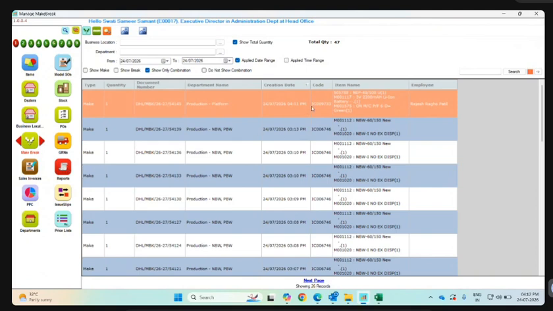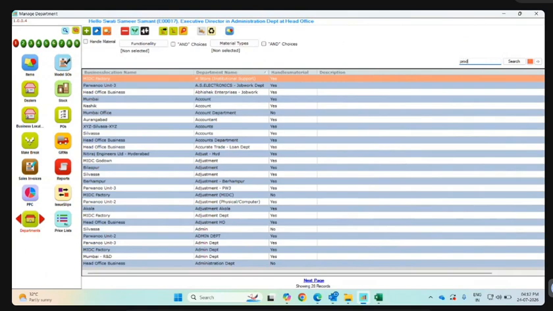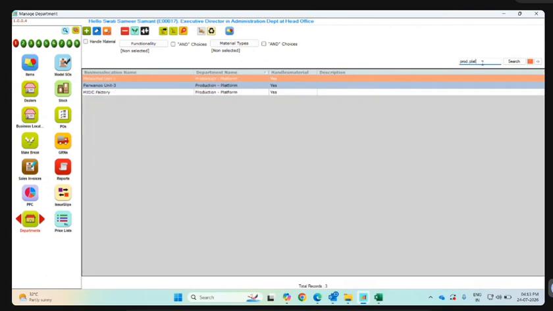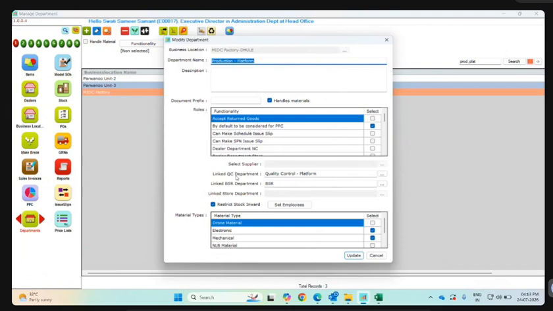वन थिंग अगेन कि ये जब मेक हो रहा है ना, तो ये प्रोडक्शन टू क्यूसी अपने आप चला जा रहा है। जैसे कि यहाँ पर हमने हर एक डिपार्टमेंट में एक रूल लगाने का हमारे पास दिया हुआ है। Okay. आफ्टर मेक लिंक्ड टू क्यूसी डिपार्टमेंट। तो ये जब प्रोडक्शन प्लेटफॉर्म डिपार्टमेंट हमने क्रिएट किया, तो उसके वो मेक होने के बाद वो कहाँ जाना चाहिए, उसकी लिंक हमने यहाँ पर दे के रखी है। तो क्या हुआ, मेक होने के बाद दैट इज ऑटोमेटिकली मूव्ड टू क्यूसी क्वालिटी कंट्रोल प्लेटफॉर्म डिपार्टमेंट।